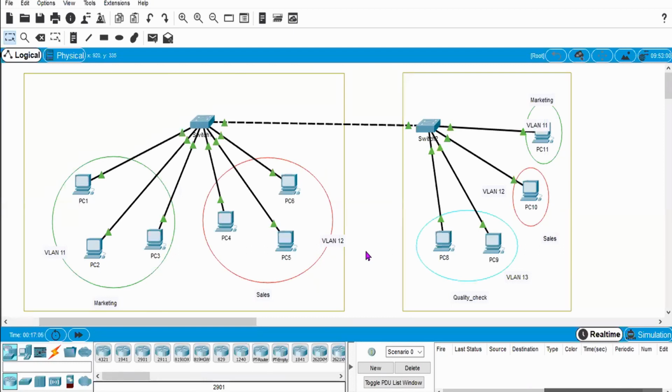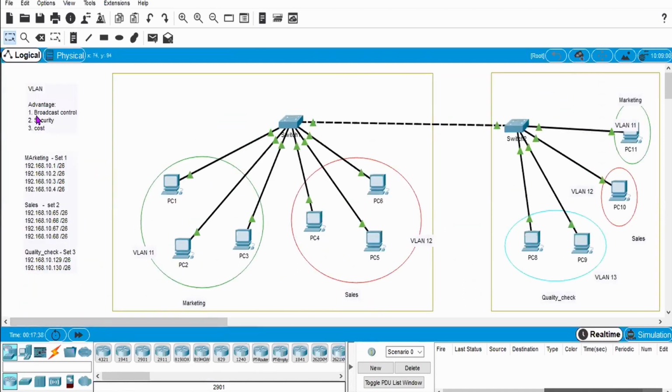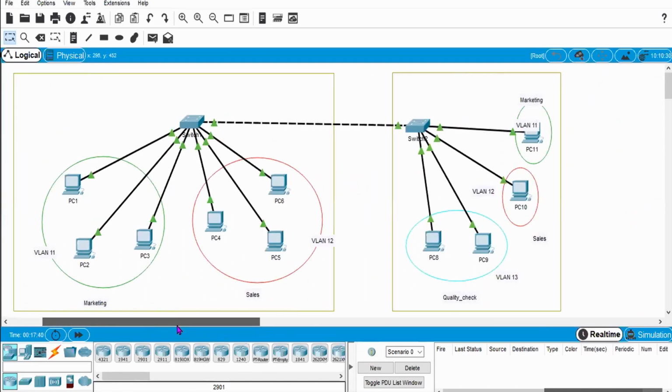When you do broadcast, you can check the security also. If you broadcast in the marketing department, it will not affect the sales department. In any case it is not affecting the internet. If you connect your whole LAN system to an ISP, it does not affect your internet speed or communication speed. So cost, security and broadcast control are all there.